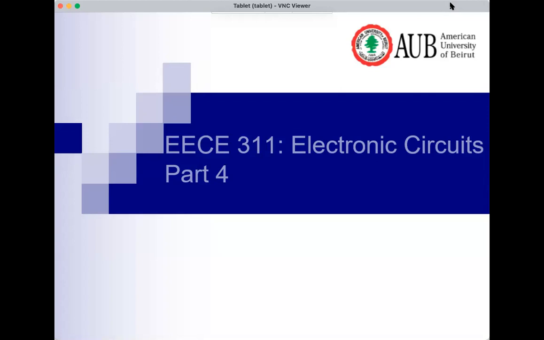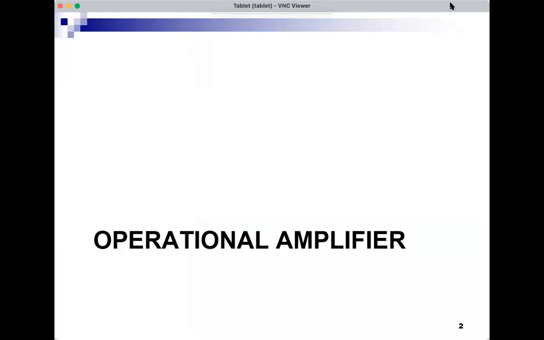Today we will start with part 4 of the material in this course, and this is about the operational amplifier. The operational amplifier: start first with the symbol, the triangle with the minus and the plus,